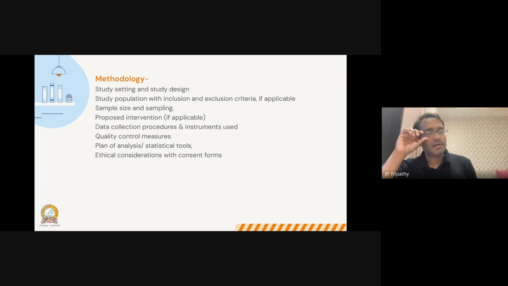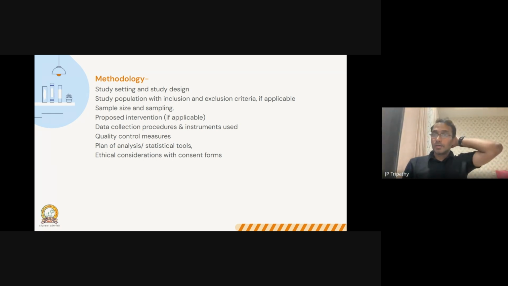Be very careful when you propose a sample size. Don't make it too big so that it seems not feasible. Don't aim for something which will look difficult to cover. So if you say I'm going to interview 1,000 patients, 1,200 patients, and you have a long questionnaire, then again the chances of your project getting selected comes down. So choose your numbers carefully so that it remains feasible.